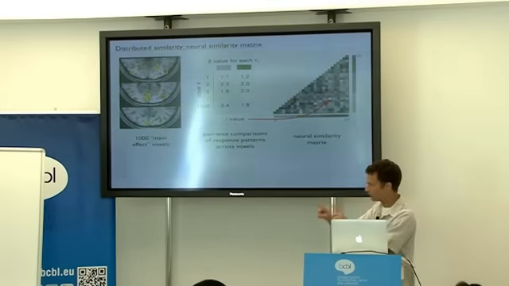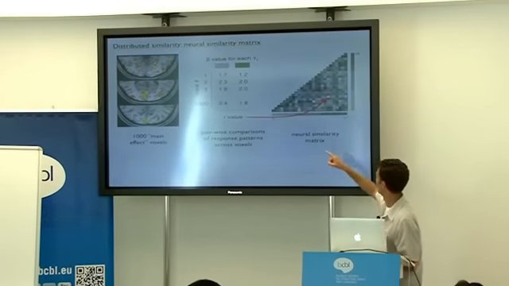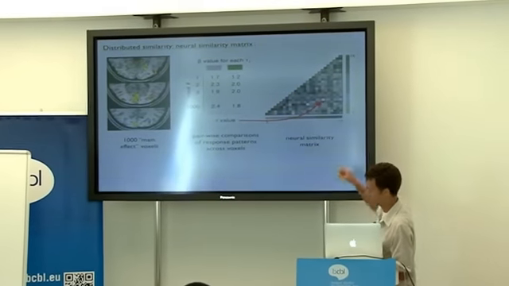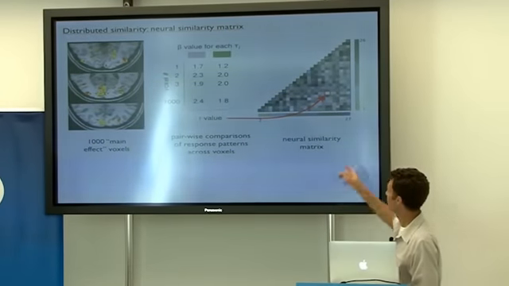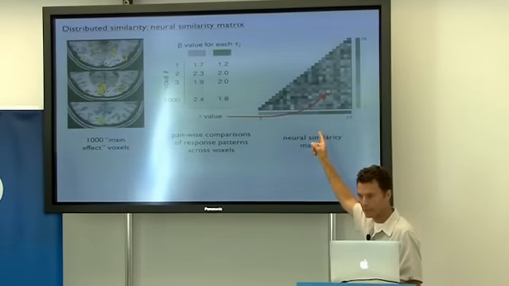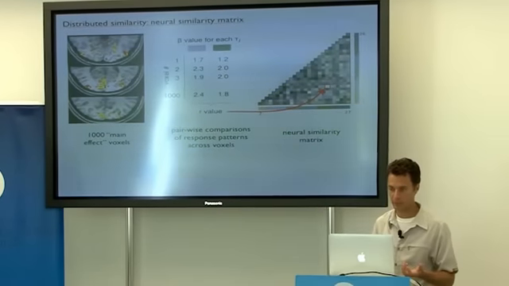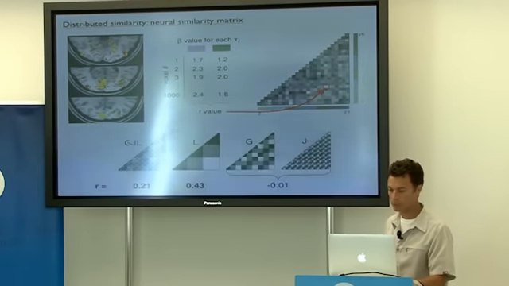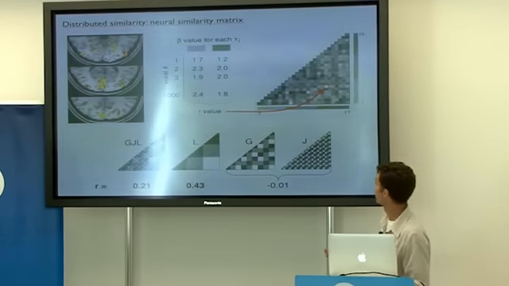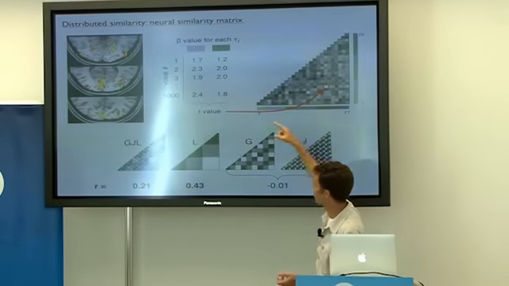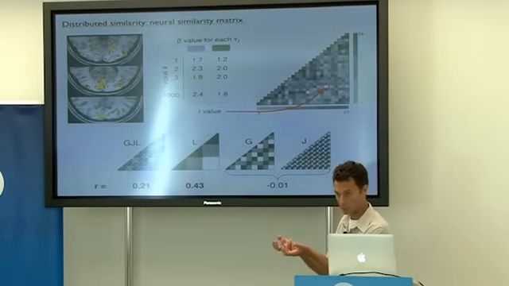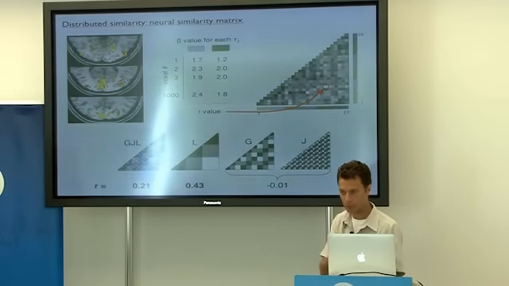And you repeat this for every possible pairing of the colors, and you come up then with a neural similarity matrix, how similar one color was to another color. And then you compare this neural similarity matrix to how perceptually similar the colors were. And to make a long story short, there is some similarity. You can get an above chance correlation between the distributed pattern of neural similarity and the perceptual similarity of the